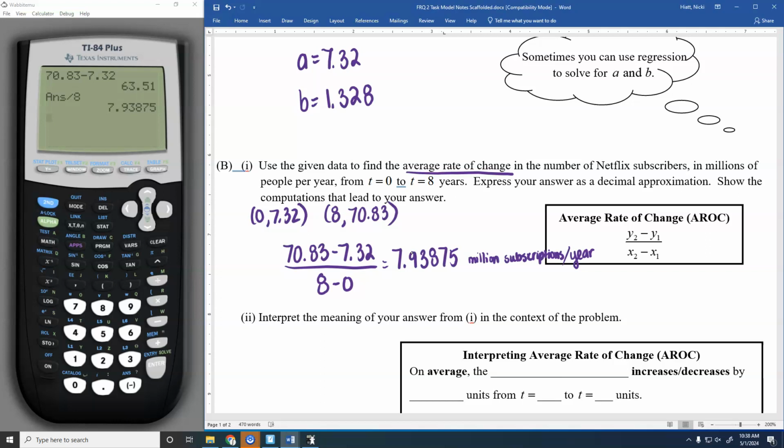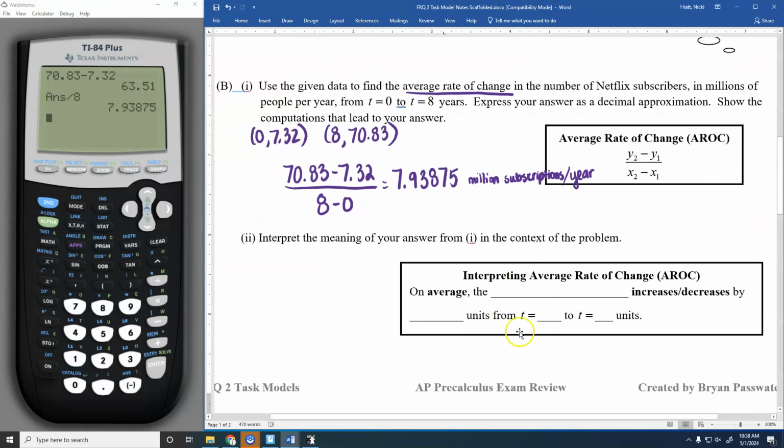You definitely look at it. So, interpret the meaning of your answer in context of the problem. So, he gives sort of like a fill-in-the-blank thing here, right? On average, the blank increases or decreases by blank units per time, from t equals 0 to t equals whatever. So we're talking about the number of subscriptions, right? So, we could say, on average, we just fill it in the box. The number of Netflix subscriptions, are we increasing or decreasing? Increasing. So increases